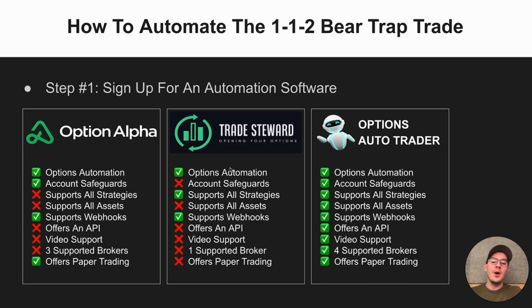You could also use TradeSteward. They support options automation, and they support most strategies. Like you could create a 1-1-2-1 here, but they don't support futures options either. But you can still look into them for SPY or SPX, or you can use the Options Auto Trader, which